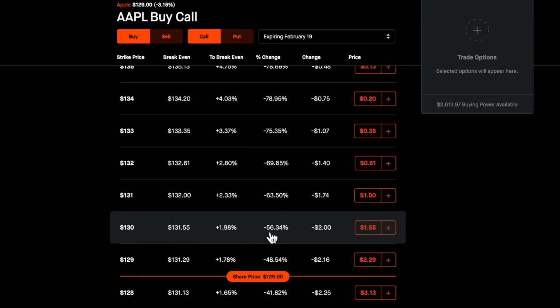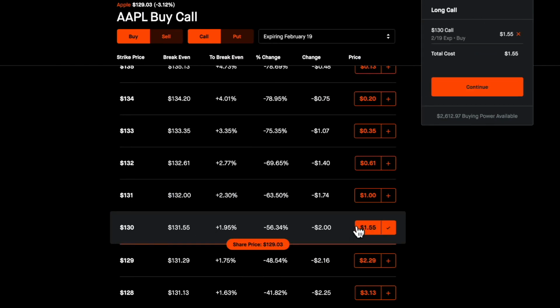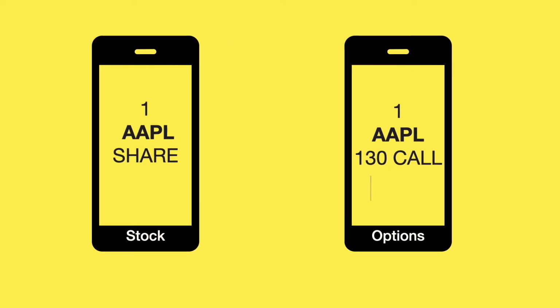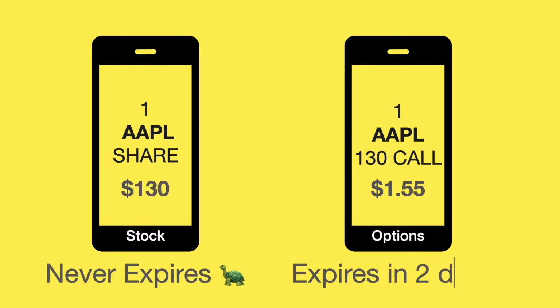So if I buy the 130 call option, I can capture all the upside above 130. So if the stock goes to $150, my 130 call option will be worth $20. So a 130 call option would have the same profit potential as buying a stock at 130. Both of these trades will make money as the stock goes up, but the call option will expire in 2